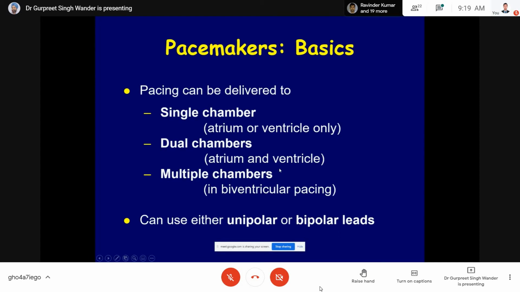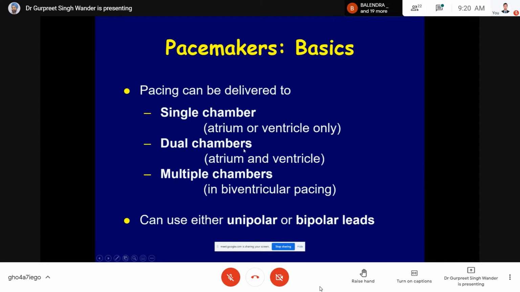Now, a dual chamber pacemaker is virtually like a normal heart, in which two leads are put, one into the atrium, one into the ventricle. The pulse generator remains the same. It first stimulates the atrium and then stimulates the ventricle. So it's like the normal heart. The atrium contracts first, and then in systole there is contraction of the ventricle, and the blood is pumped to the whole of the body. This is a new development, actually, in which multiple chambers are paced.